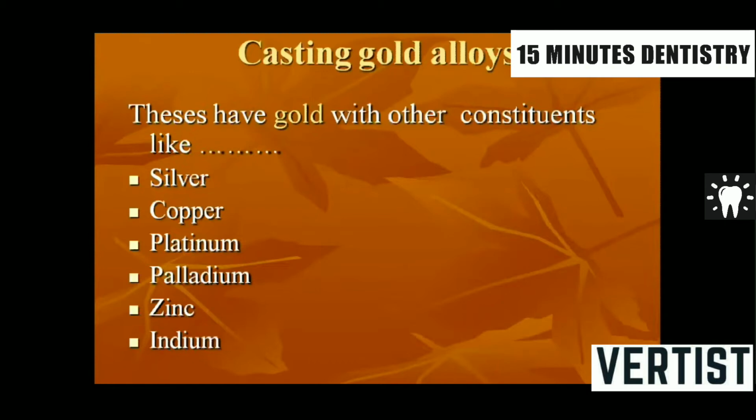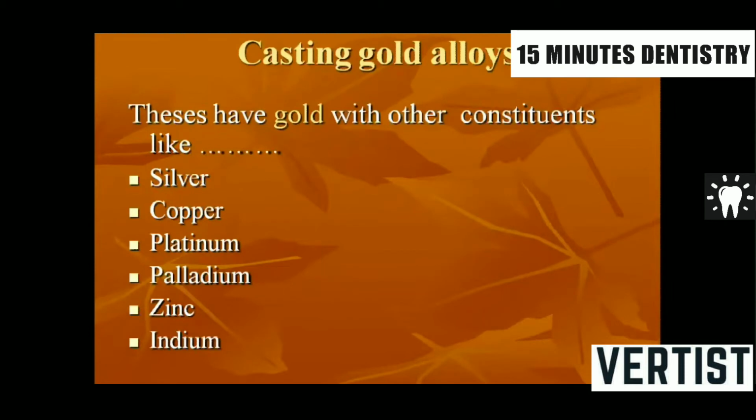So, if we want to use the advantages of gold, what are the advantages of gold here? Gold has the advantage of excellent resistance to tarnish and corrosion, excellent biocompatibility, and cohesion. But the problem is its mechanical behavior. The hardness is very low, the mechanical properties are poor.